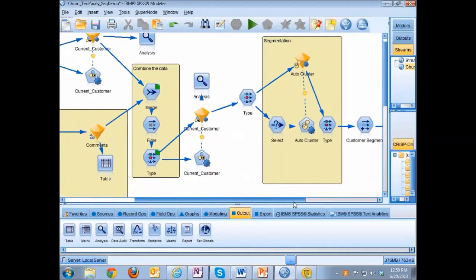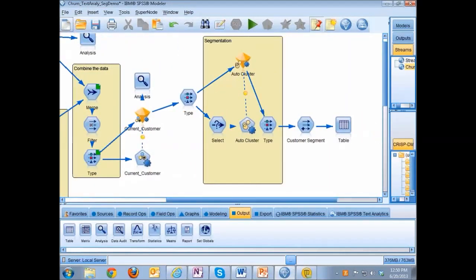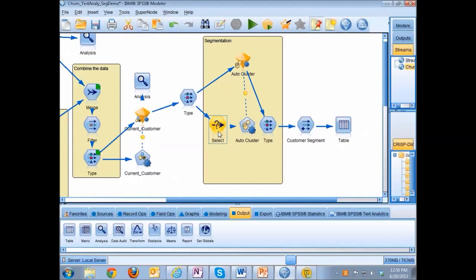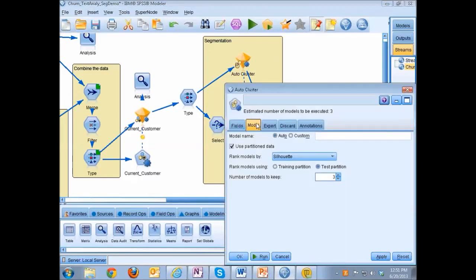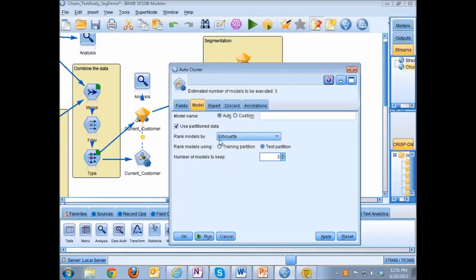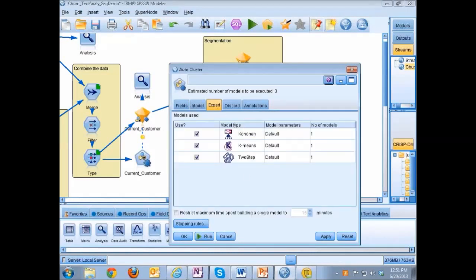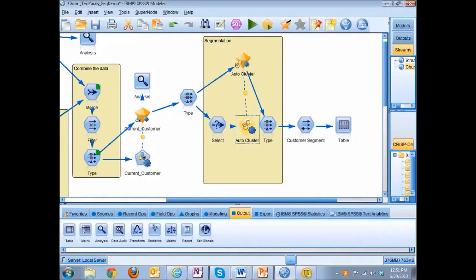Now, the last segment here, no pun intended, is to talk about segmentation. So I've taken a couple of steps here. The select node, what I've done here is selected out those customers that are not customers anymore, because I really want to understand the attributes of this, how I could segment those, and is there something that I should be doing for different segments of those customers. I'm using what's called a clustering model, so it allows me to build a segmentation, and there's a couple of different types of clustering model types contained within Modeler. This is an automated node, so it'll choose the best one. I've already done it